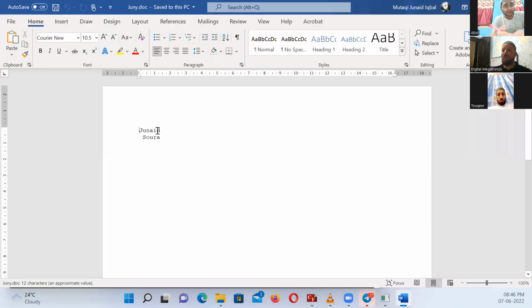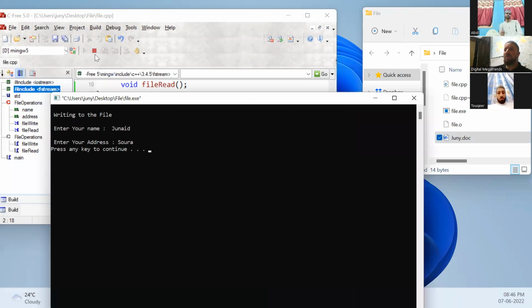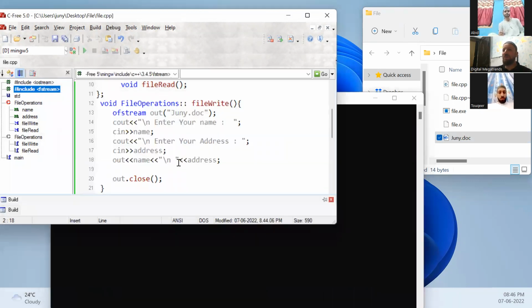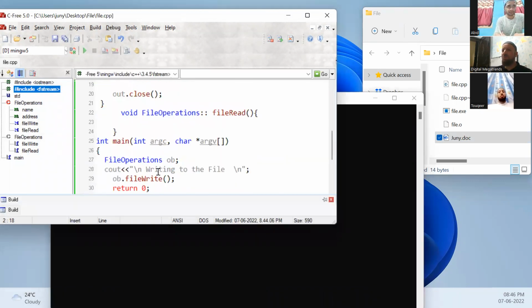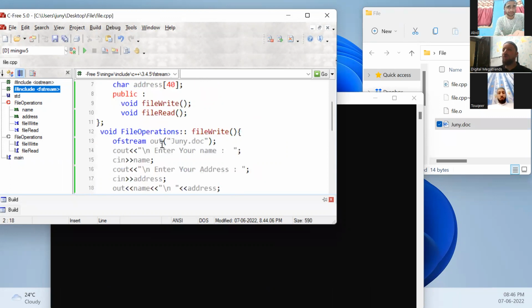क्योंकि जुनैद एंड सोरा. लेकिन आज जब आपने इसके बीच में ये ऑपरेशन किया था ना, क्योंकि आपने जो परमिशन आपके पास थी वो रीड की थी, राइट की नहीं थी. जब आपने फाइल यहाँ पे खोली, जो आउट अभी आउट डॉट क्लोज नहीं किया था ना, तो ये फाइल इस आउट के साथ थी, और आउट ने ये राइट मोड में खोली थी, है ना. तो उस दौरान जब मैंने खोलने की कोशिश की तो इसने बोला भाई ये रीड ऑनली है, यू कांट डू दैट,